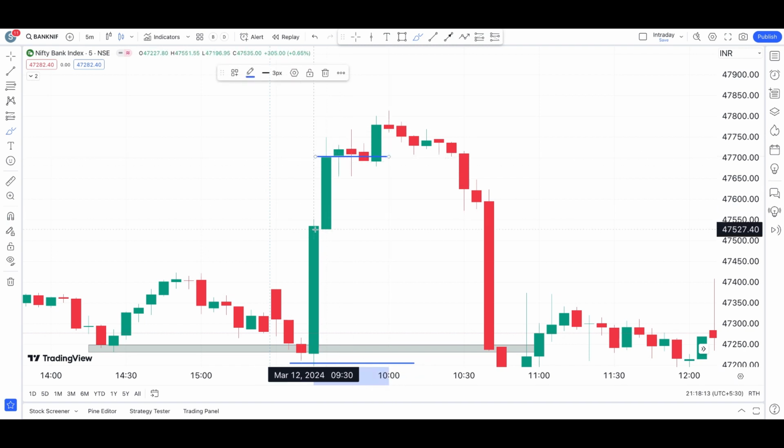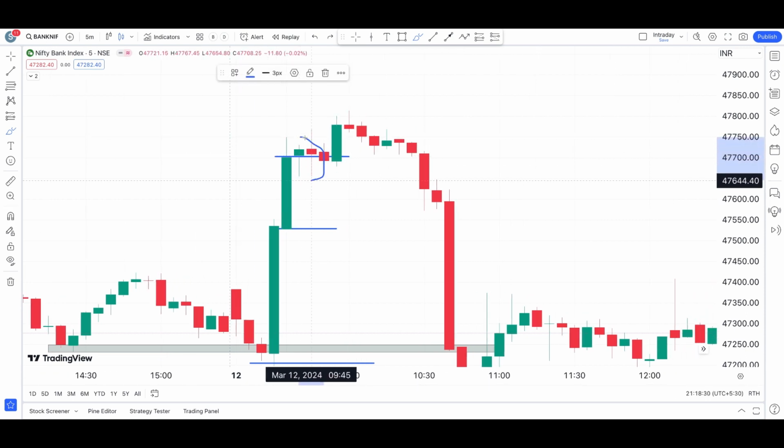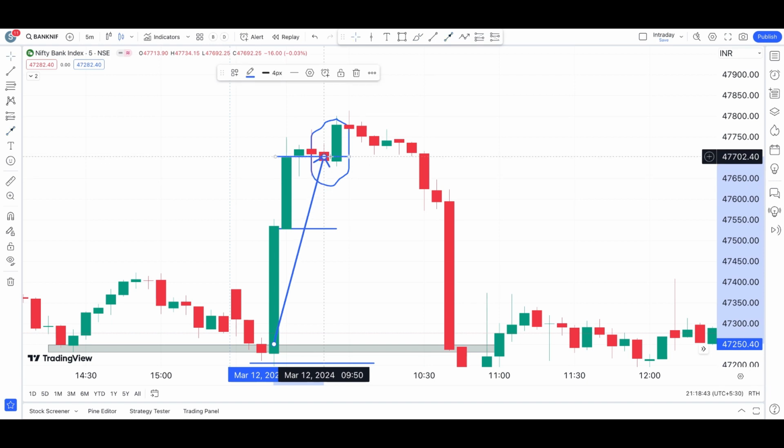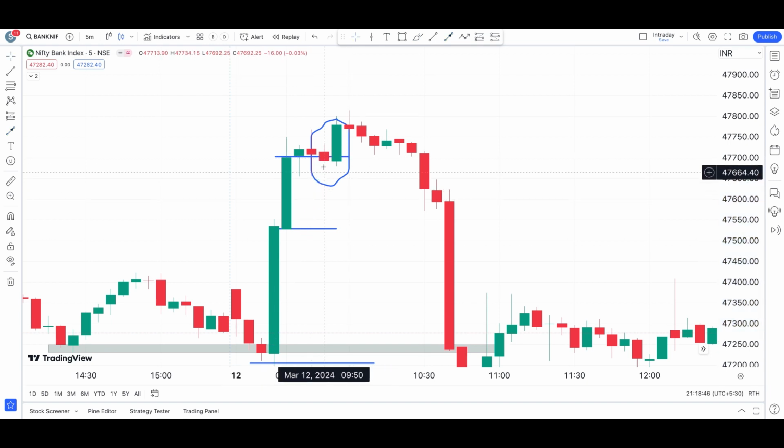You can confirm it by just looking at the size of the real body. So here you have the real body, which is very huge. Immediately you have seen a very small real body happening, and in fact this candle itself is a hanging man candle. But for that we haven't seen a confirmation candle. So very soon what happened is we have seen a bullish engulfing pattern here. A bullish engulfing pattern is a bullish sign, but only if it comes after a downtrend. But in this case, it has come after an uptrend. So you should really not consider this as an entry point by thinking of this bullish engulfing pattern. So we are ignoring that.